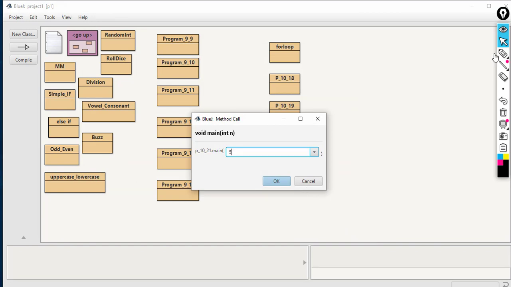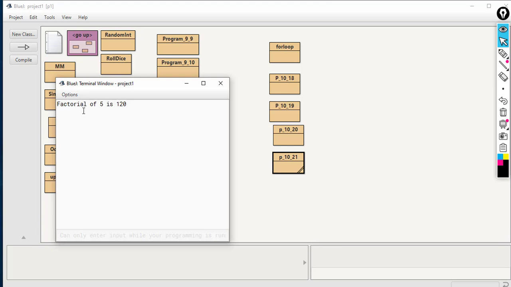What should it print? It should print 5 into 4 into 3 into 2 into 1, or we can say 1 into 2 into 3 into 4 into 5. According to our program, it is performing 1 into 2 into 3 into 4 into 5. The value of I varies from 1 to 5. So it is printing factorial of 5 is 120.